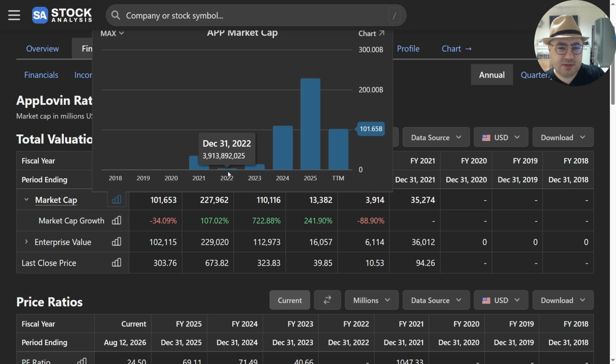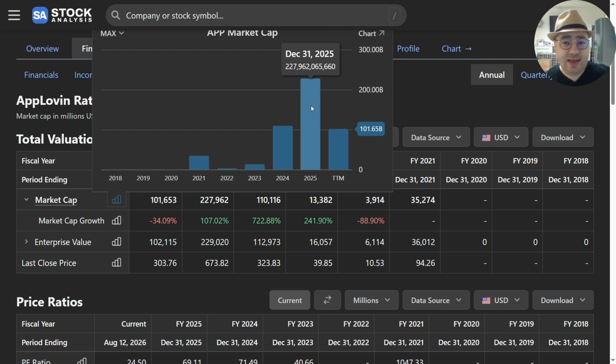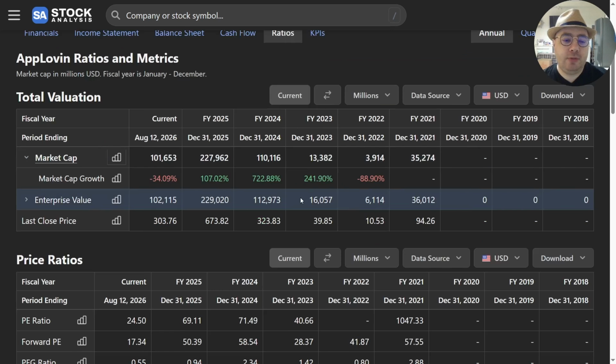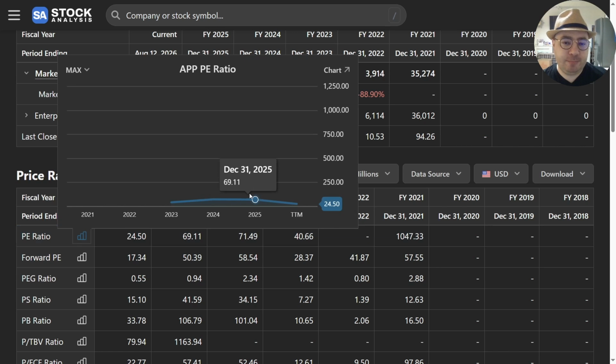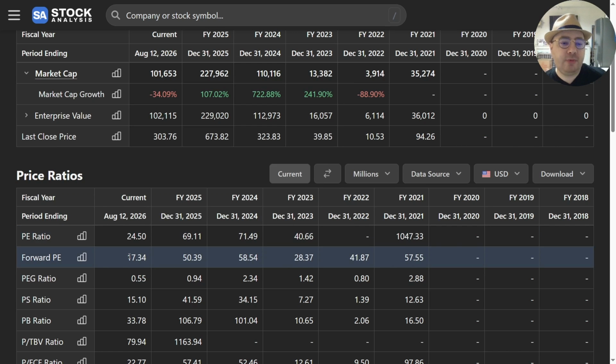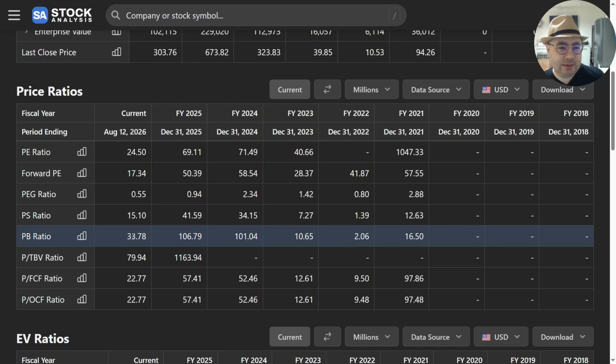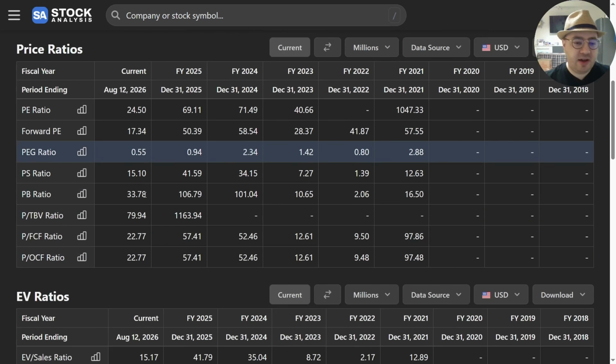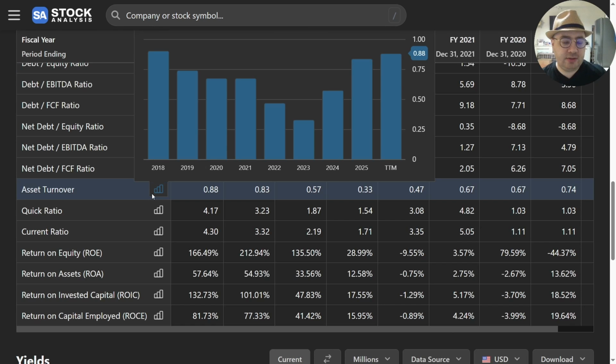I mean, this was down to like $4 billion and went up to like 230. That's just insane and absurd. And obviously something that goes up from 13 billion in 2 years up to like 230 could go down a lot more from here, because the PE is 24. With the growth it has, the forward PE is 17, but this is non-GAAP earnings, could be like 18 or 19 in reality. PEG ratio is absurd, 0.5, extremely low. This is very, very attractive to buy, but